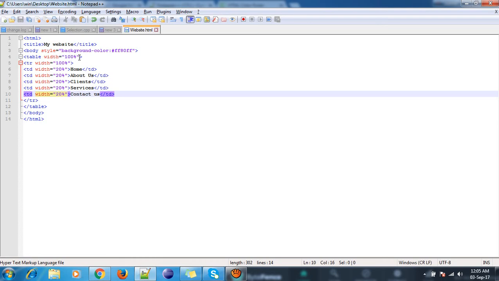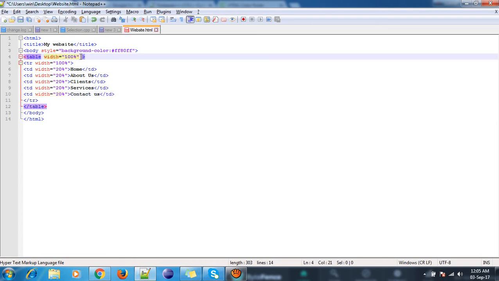For adding it in a box, in a table I can give style. This is nothing but called inline CSS. There is external CSS also. Types of CSS I'll be discussing in the CSS tutorial, so please stay updated if you want to learn about CSS, HTML, JavaScript and jQuery.